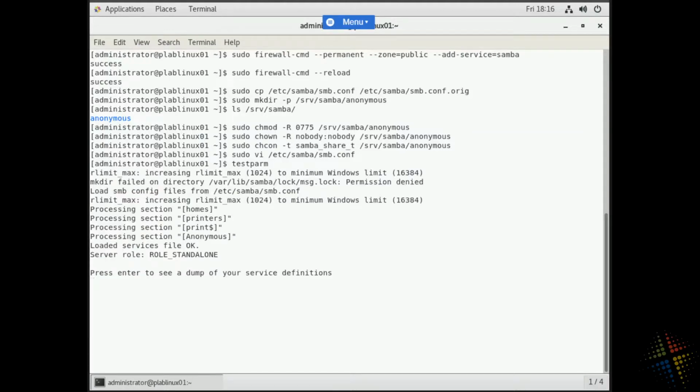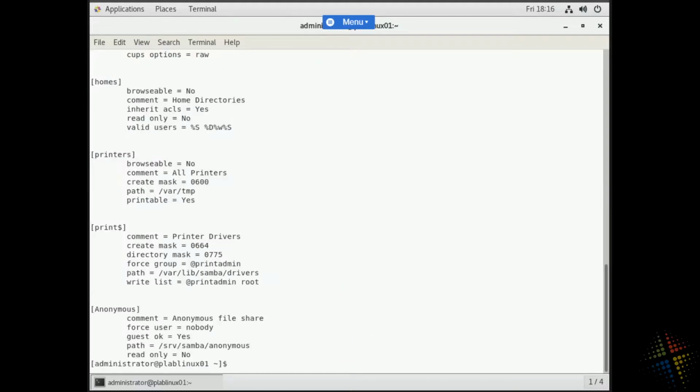And we look through here and it gives us a few details. Let's see, for instance, it says, hey, there's a home section, printers, print, anonymous. Those are all okay. Go ahead and hit enter and it will give a full listing of all of the details that we just typed in. So we hit enter and we see all the shares that we just looked at. All right, so now that that's taken care of,